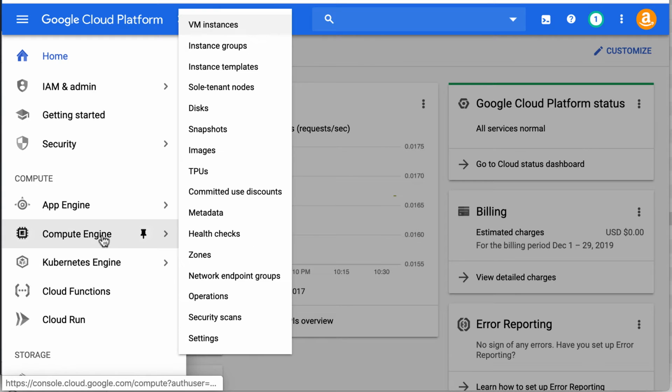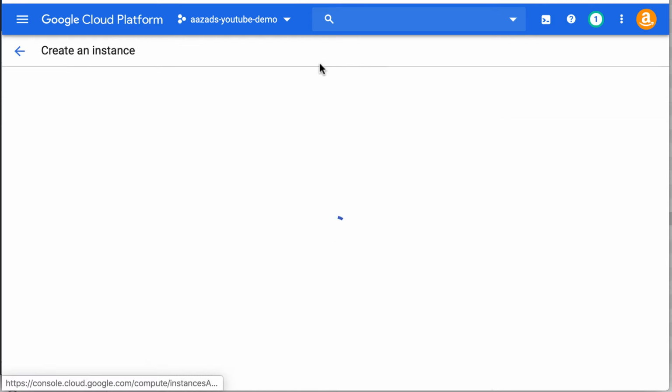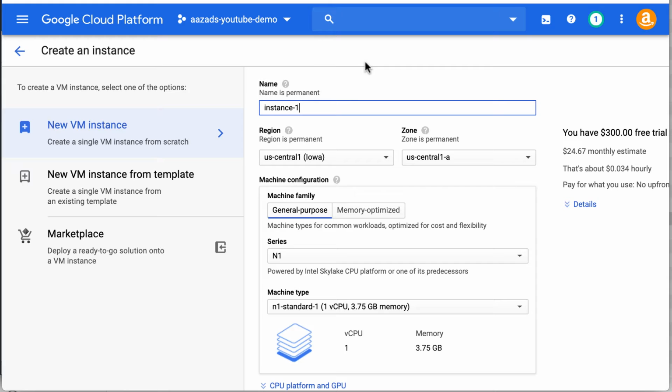So first things first, the compute service, VM instances. All right, so we're going to create a VM instance, YouTube fun one. All right, now you should have gone through my introduction to cloud computing training, where I talk